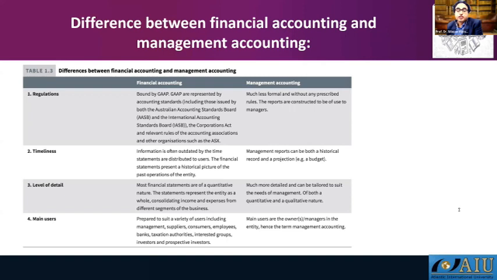When it comes to the timeliness, obviously by the end of the year, 31st of December usually, if it's the year end of a company, then they have to prepare the yearly report. But for cost controlling purposes, if they have to prepare a variance report or a budgetary report, things like that, they can do it any time of the year. And the level of details, obviously,